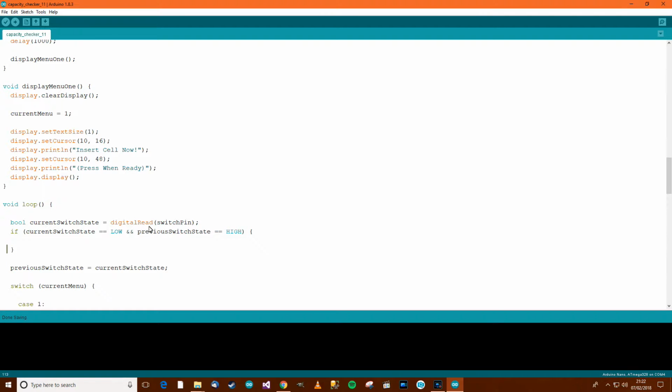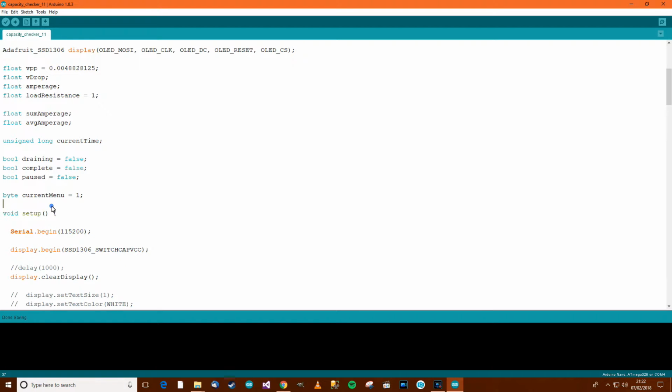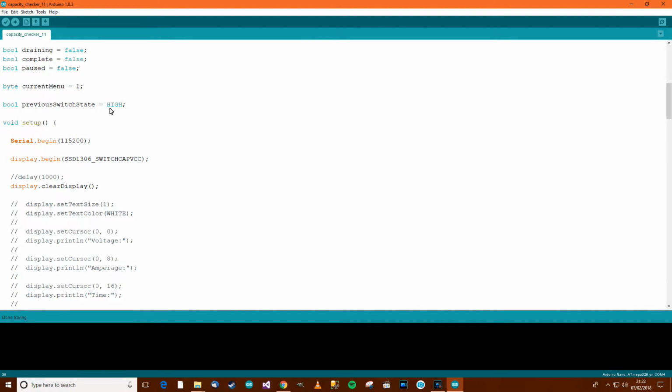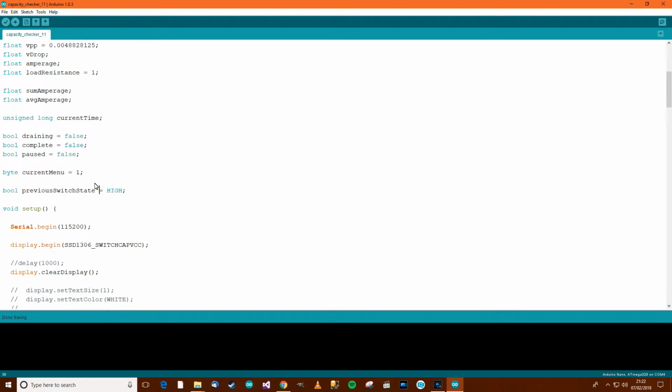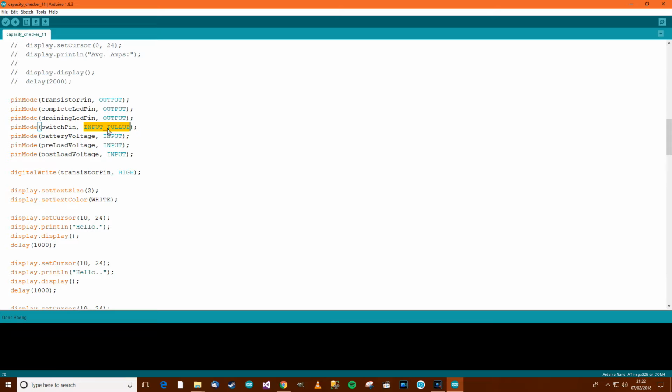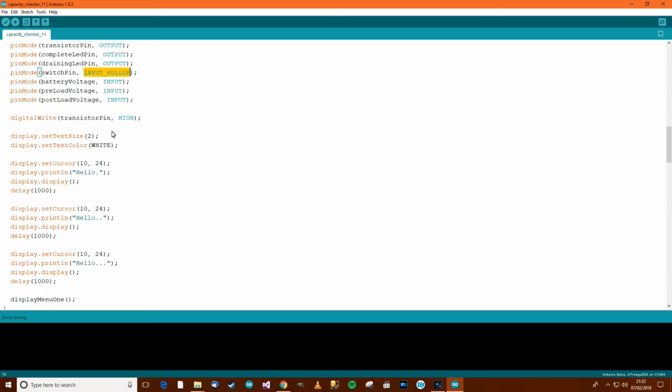Right. We also need another variable up here. Bool previous switch state, we're going to say high to start with. That's because when the program first starts, this state will be high because it's a pull up. I don't know where it says here, but it's input pull up, so it will be high. Oh, there you go, input pull up. So input pull up means, in fact, I've explained it before in previous videos, but input pull up means be high by default and only be low when the user specifically makes it low. Anyway,